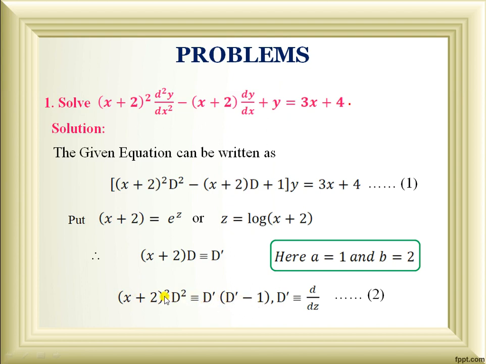Look at the order of the coefficient as well as the derivative; both are the same. Otherwise, we would need to make some alterations here. Here, for the second derivative, the coefficient is also second order, and for the first derivative, the coefficient is order 1. Therefore, this is in the correct form. No need to make any other changes in this particular one. So directly, I am going to make the replacements using these substitutions.